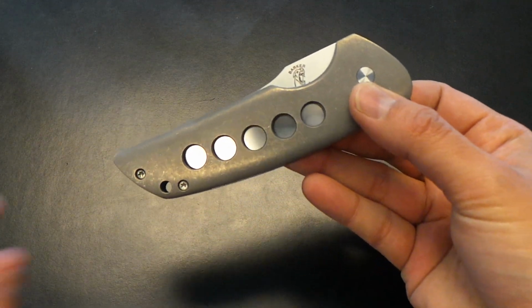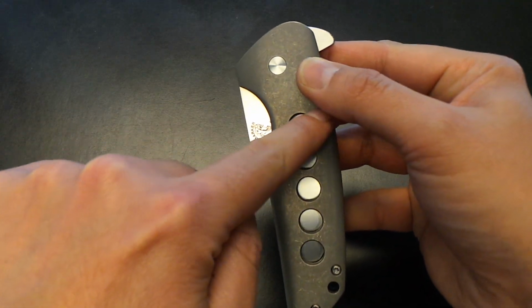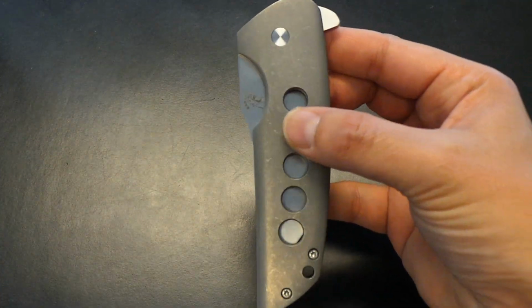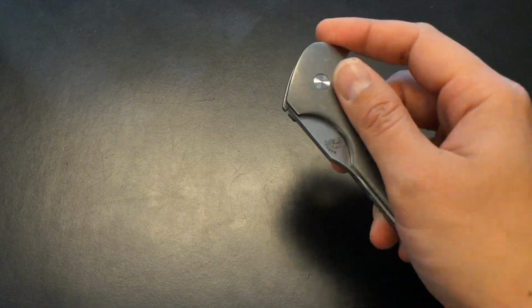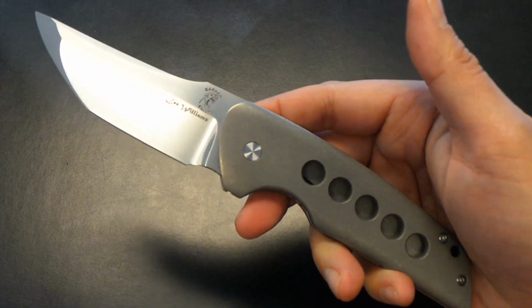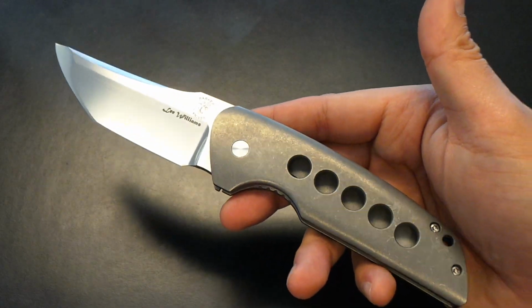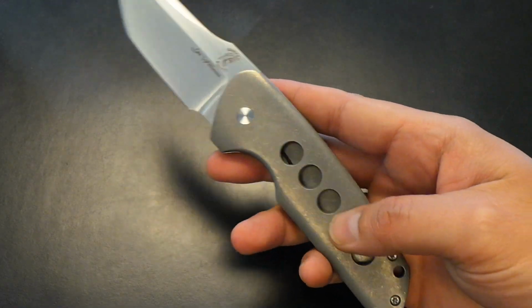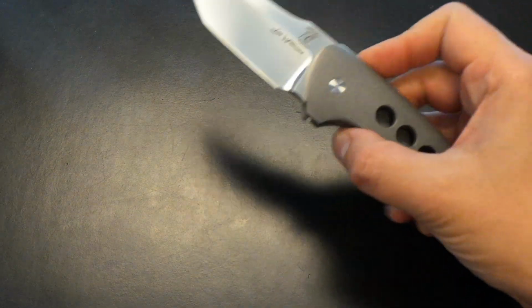Basically, of the other 2 I had, one was the Dragon Tail, and the other one is green and has the dragon scales on it. That one's called the Emerald Dragon. There's a video of that on the channel, and the Dragon Tail also has a video. And the reason I was so keen on this one with these holes is I have a non-collaboration Barker that I just happen to be carrying today